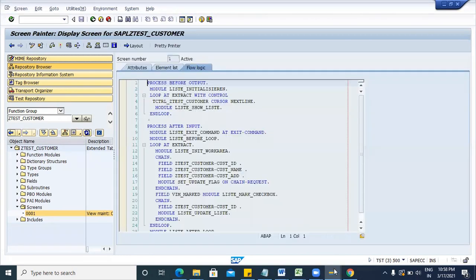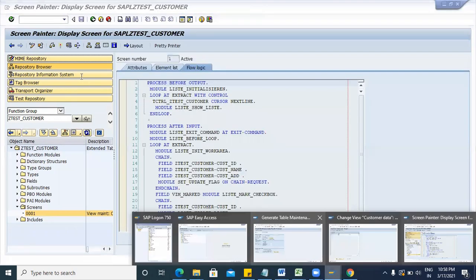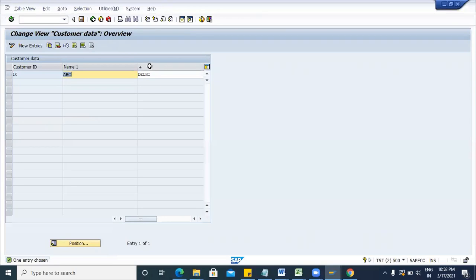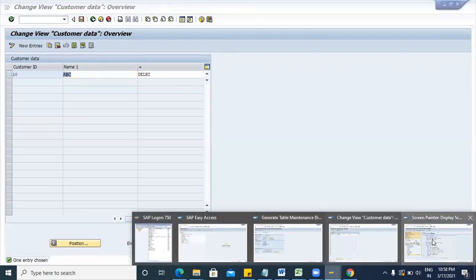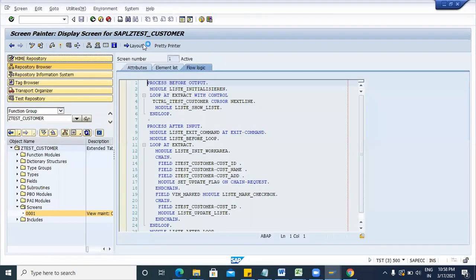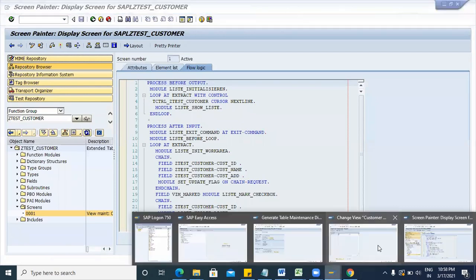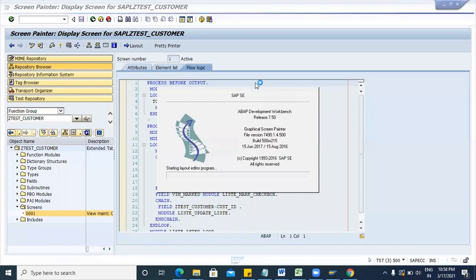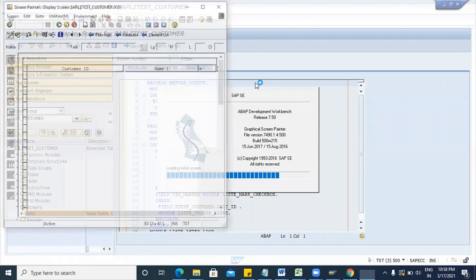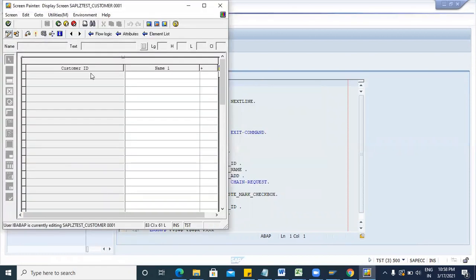I am just changing the field name, like customer ID, name 1 and plus. So how can we change the field name? Now click on the layout. Now click on the pencil button.